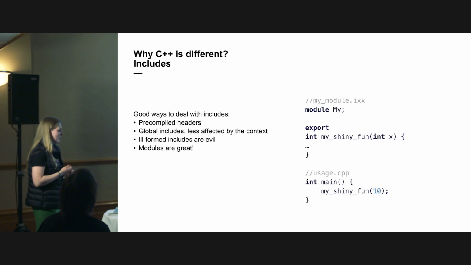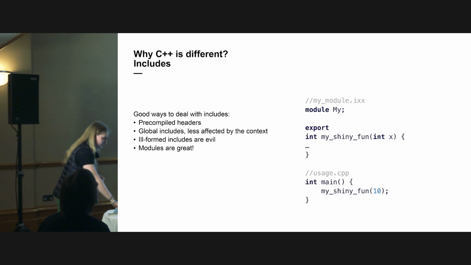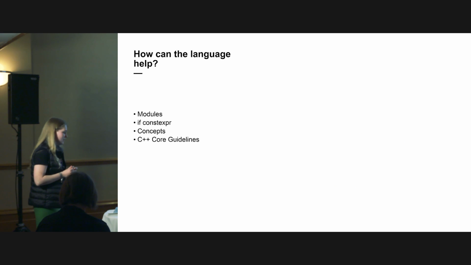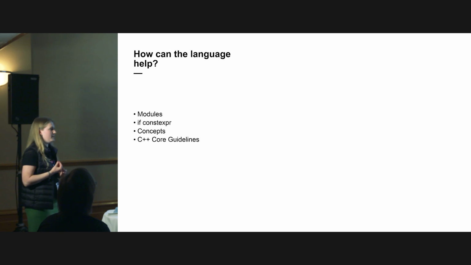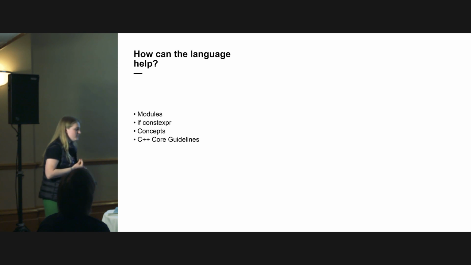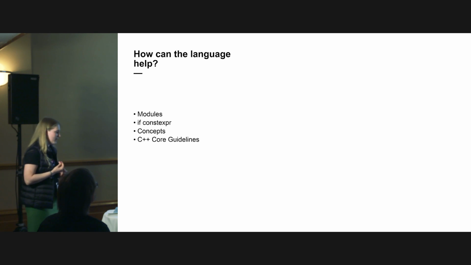So that's actually why we think the module is a very good thing, and I really hope it comes to the language. So, talking about how the language could help. As I said, modules could save us from plain text includes, if-const export could save us from some hard-to-parse code, and concepts as well, and actually C++ Core Guidelines. And I would like to